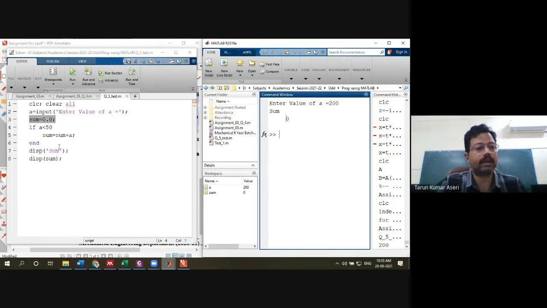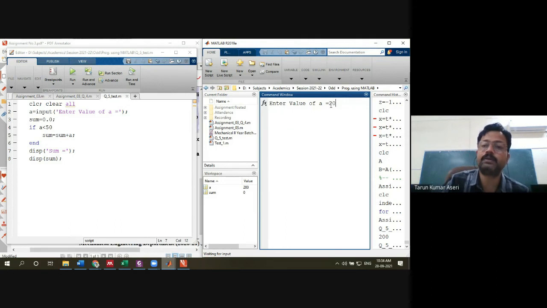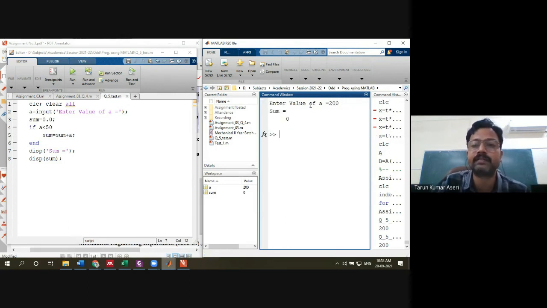Okay, and I can type here equal to. Again run the command with 200. Now look at that, the equal to symbol is there, and the condition is not true, so our script has not entered into this if block.